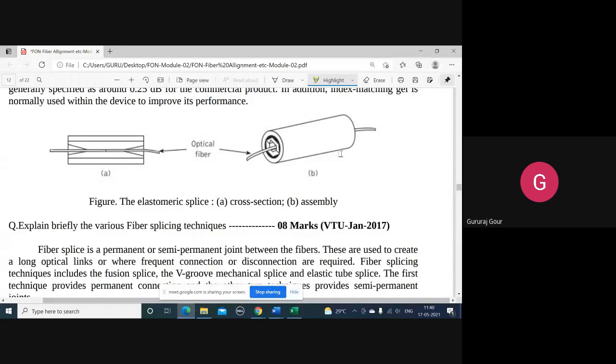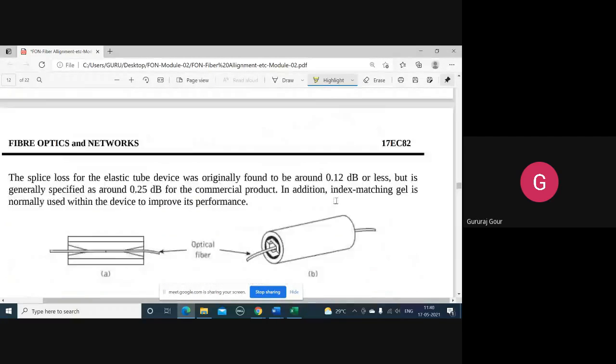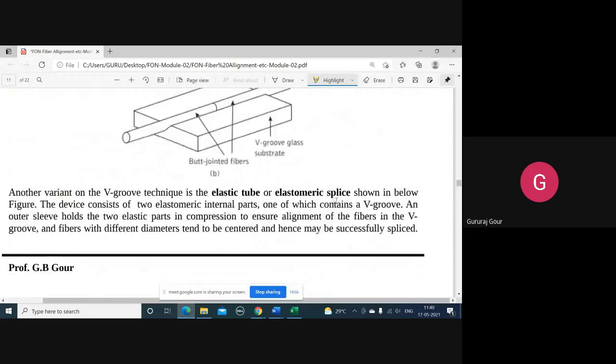Many times I came across this question: write a short note on fiber splices. There you should put a note or account of what you mean by fiber splices and their background initially, and later you can give sufficient reasoning for going for the two broad categories, fusion splices and mechanical splices. The diagrams you can see, you have to practice here.